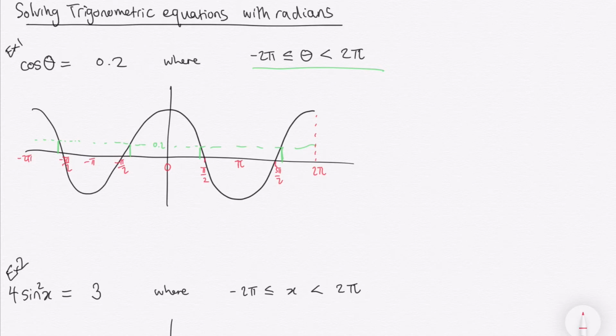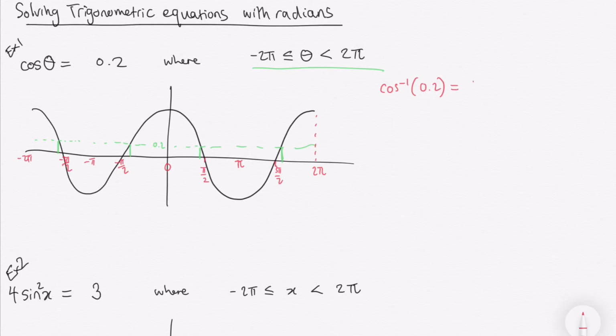And what you would do in Year 11, you would have said cosine inverse of 0.2. But you'd have been really sure to make sure your calculator is in degrees mode. And what we need to do here is make sure our calculator is in radians mode. So to do that, you press Shift and then Menu, then Angle Unit by pressing 2, and then Radian. And that will make sure your calculator is in radians mode. So now you get